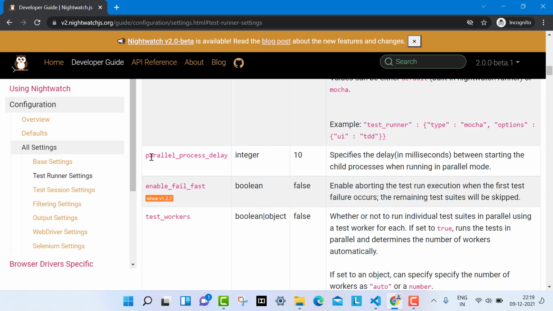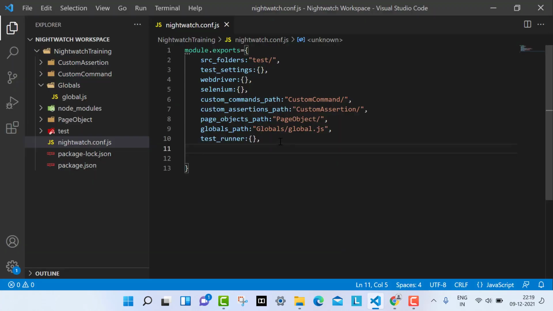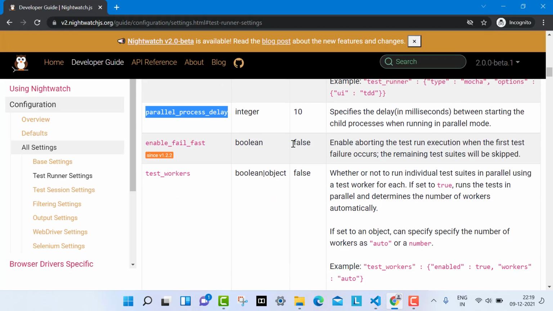If you are not defining the parallel process delay, it will automatically be 10 seconds. If you want to increase it, you can increase it. So I am going to give parallel process delay, and I'm going to use the default value, as it is an integer. Now next is enable fail fast.